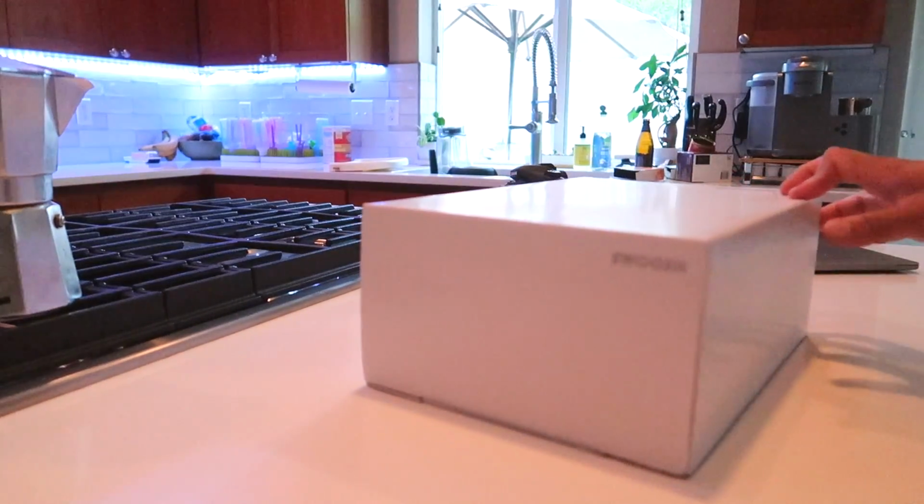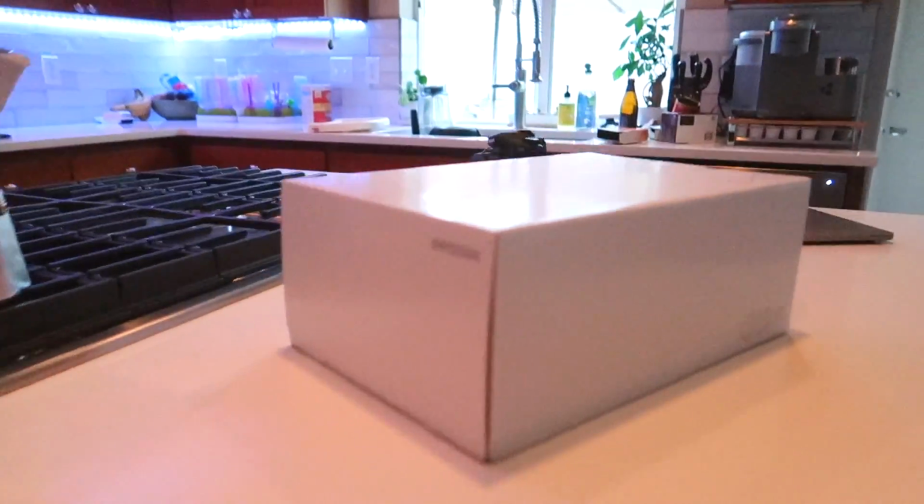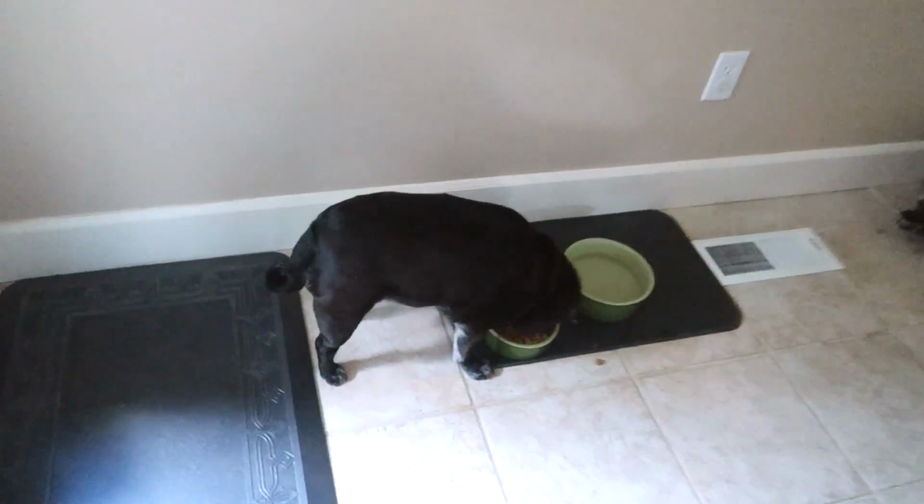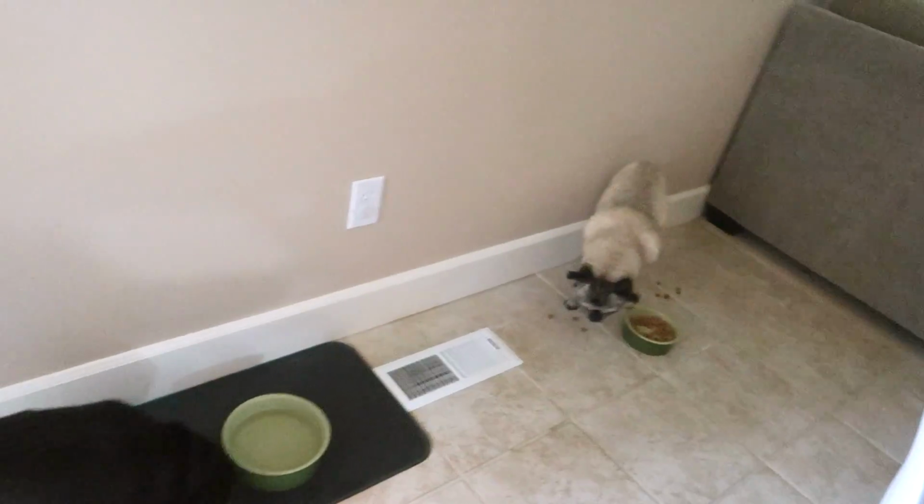And if you hear a bunch of pugs and stuff snorting in the background, just to show you guys what's going on real quick. This is what we got. We got Chloe and Lola, the old ladies over here. But